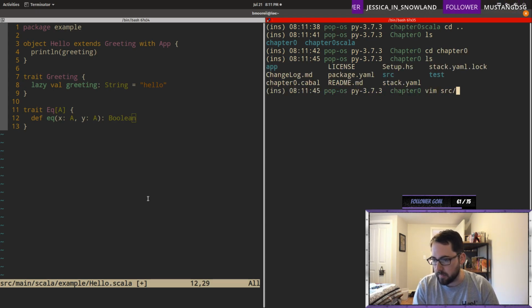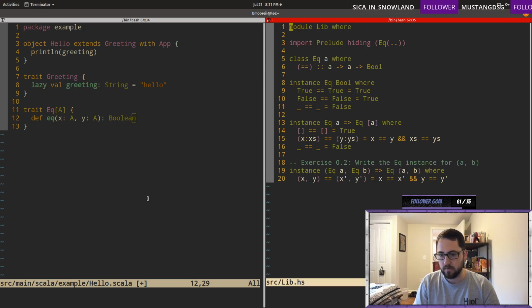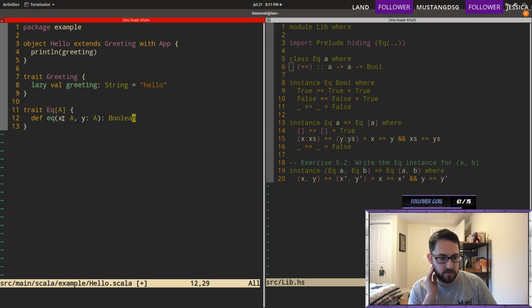Let me put these side by side. All right, so these two definitions, the trait and the class, are essentially the equivalent functions in Scala on the left, and Haskell on the right. It's not that verbose, honestly.